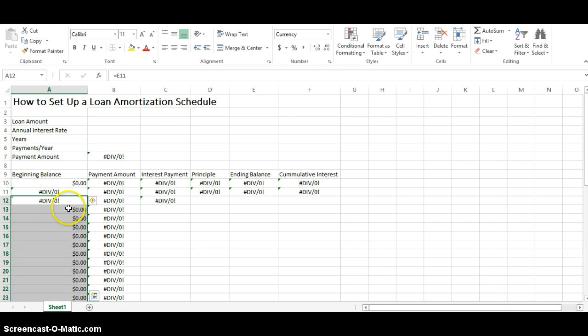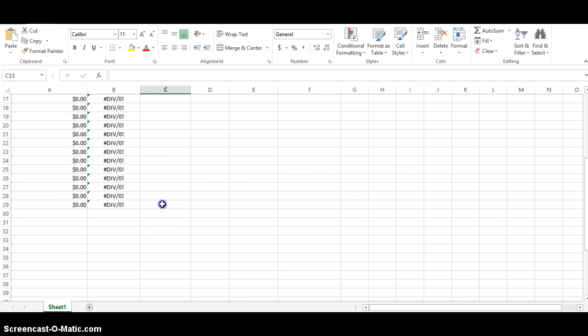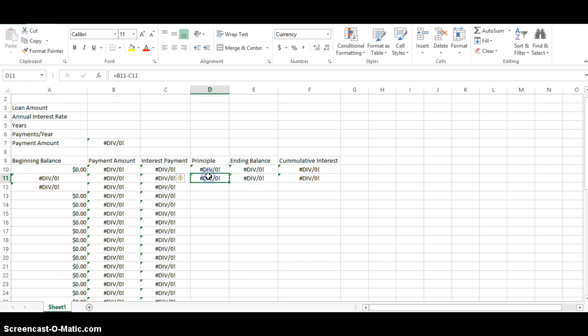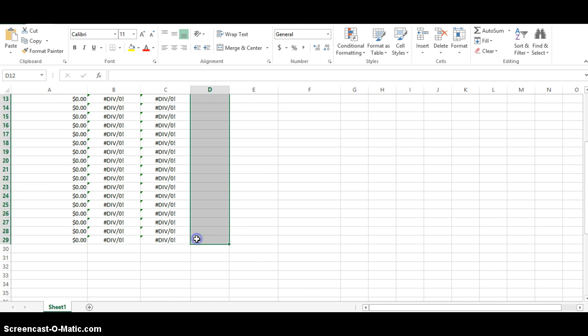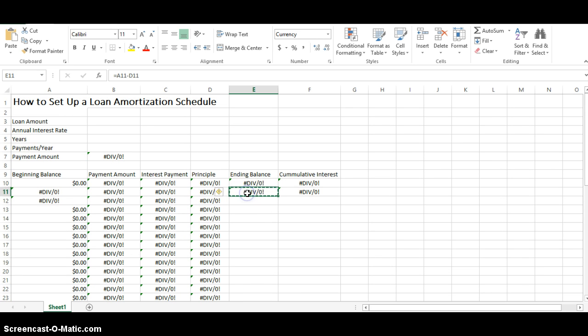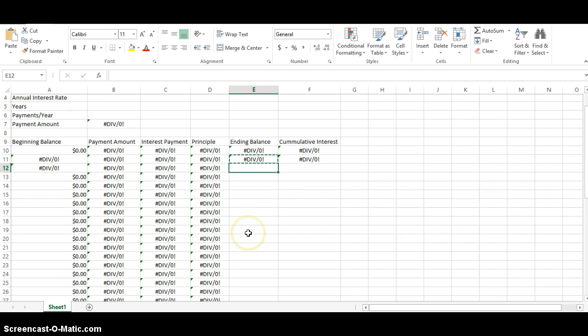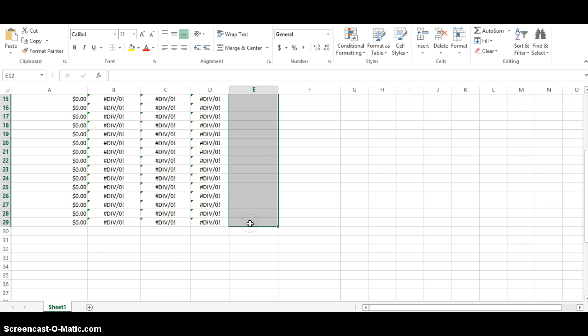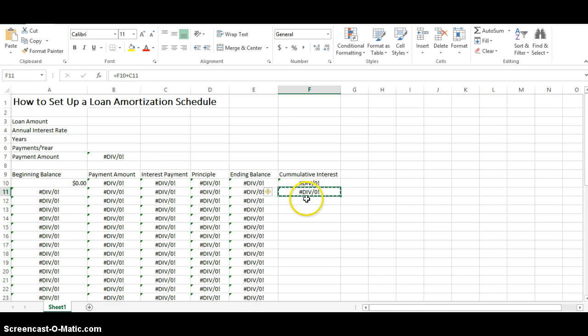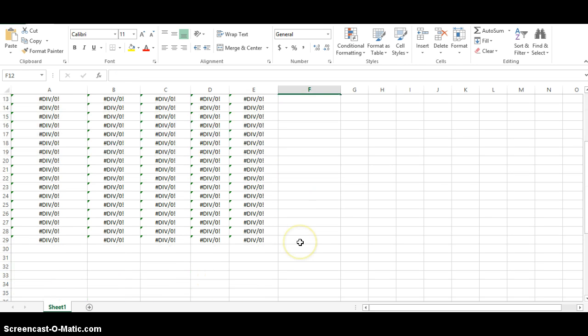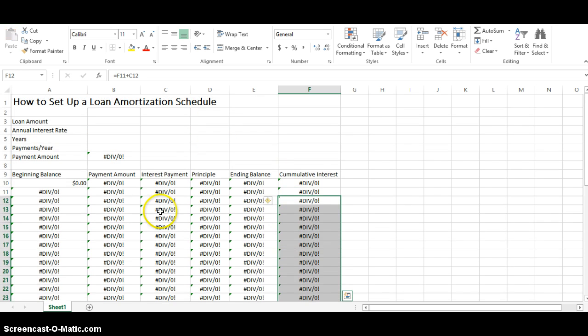So here I just copied that down, and this is referencing the cell above it, which is the ending balance. The interest payments are going to copy down, and those are going to be the same. And it's going to be the same formulas. The principal I'm going to copy down, and it's going to be the same. It's going to be the payments minus the interest payments for the whole loan. The ending balance is still going to be the same. And from now on, the cumulative interest is still going to be the same, since it's going to be whatever we paid previously plus what we paid during this pay cycle. So now our formulas are set up for our whole table, but as you can see, we don't have any